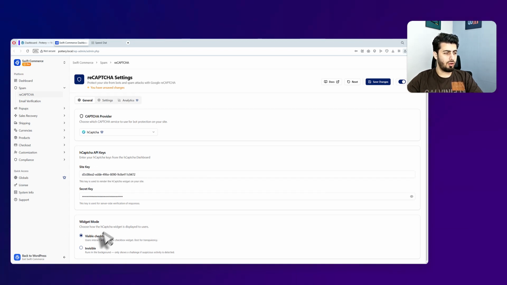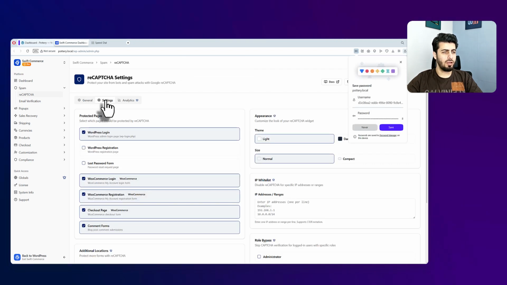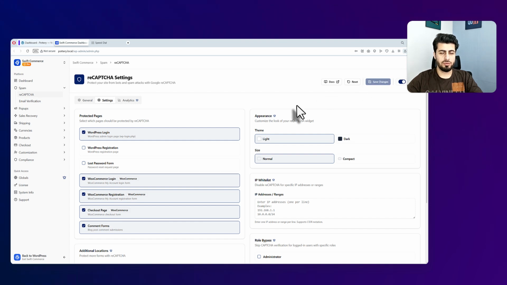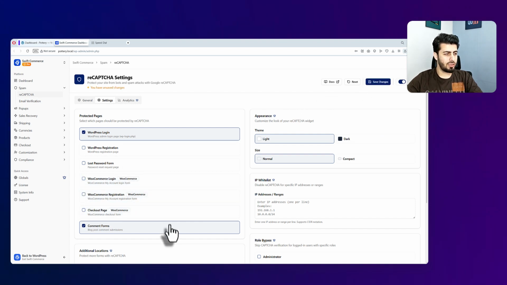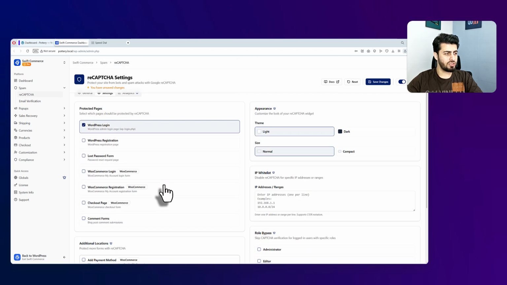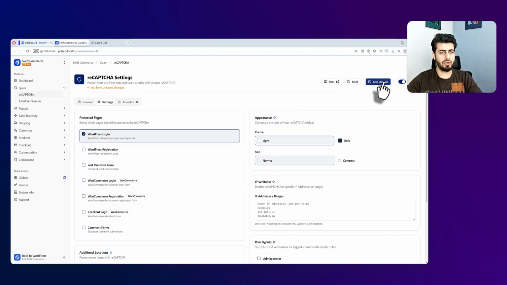Now here all I have to do is go ahead and click on save changes, and once I click on save changes, the hCaptcha configuration is saved. The next step for me is that I want to make sure where it appears on the pages of my website. So right now I'm going to disable all the other options and just leave it on WordPress login page. I'll click on save changes,